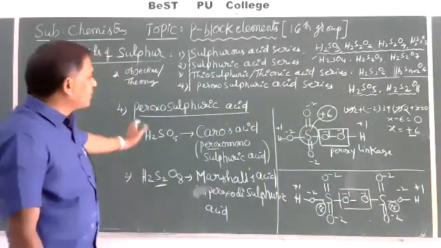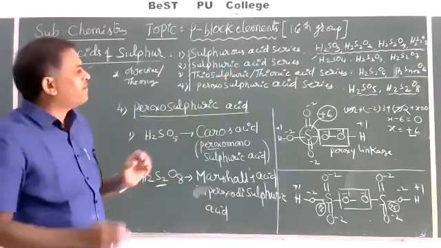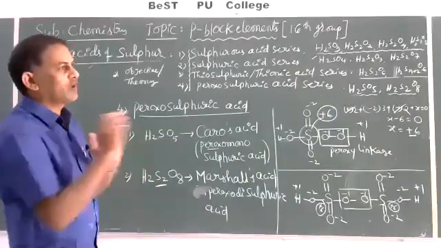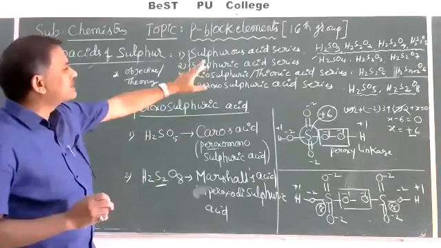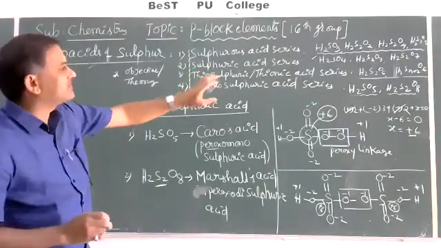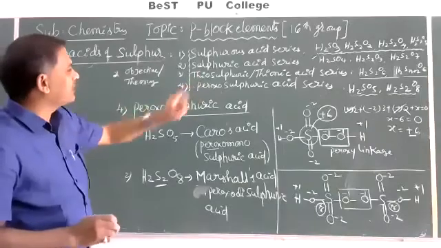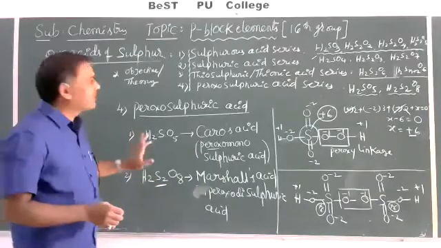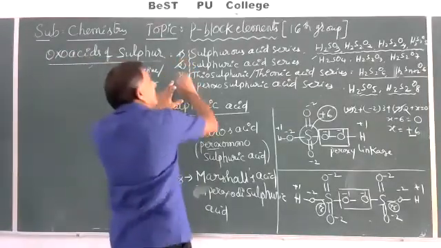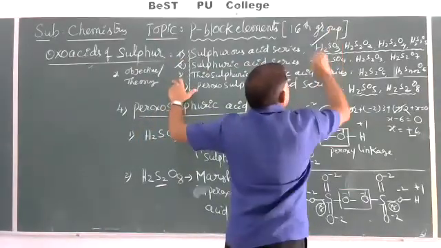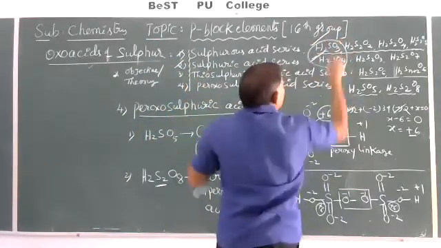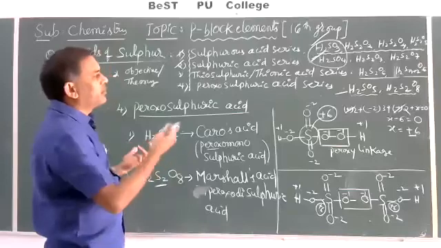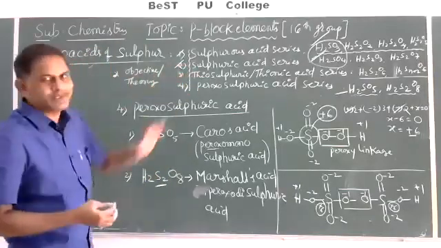Clear? So on the basis of all these structures, maybe in objective or any theory, they'll ask any structure of so and so. Like sulfurous acid series, sulfuric acid series, some examples. Thiosulfuric or thionic acid series and peroxosulfuric acid. These two are very, very important. Remember, regularly we can use sulfurous acid and sulfuric acid. We know all these two. Hardly a few are different examples. Better remember on the basis of structure their names and oxidation states.